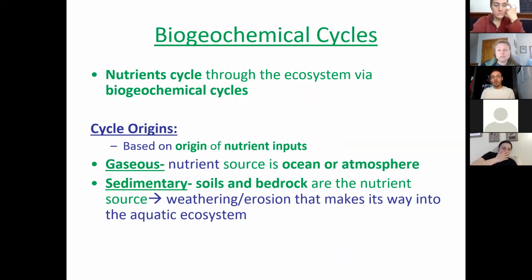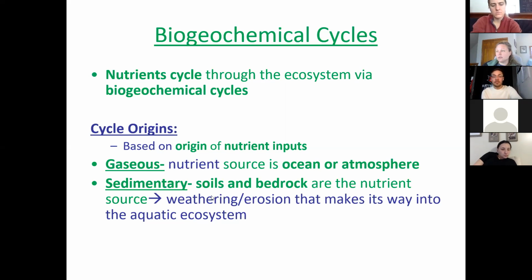So again, with ecosystems, we're watching how the abiotic and the biotic interact and feed into each other. And we're going to be looking at the origins of those cycles. So where do those nutrients derive from? Are they coming from the atmosphere, typically the gaseous phase? That can be from the ocean derivatives or the atmosphere, but mostly atmospheric, like atmospheric nitrogen, the N2 gas, which is the majority of the nitrogen that we have, is unusable except for certain organisms like bacteria. And then sedimentary, which derives from rocks, erosion, guano and so on. If you want to know where those nutrients are coming from, these are the two pools, either gaseous or sedimentary.